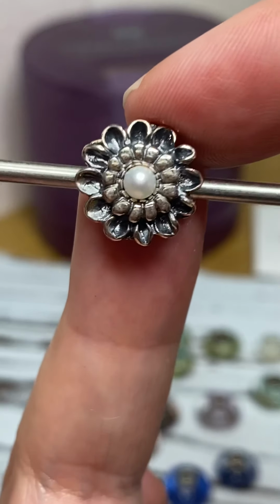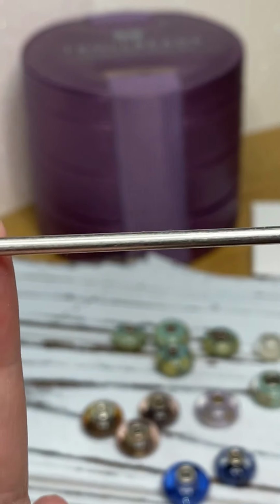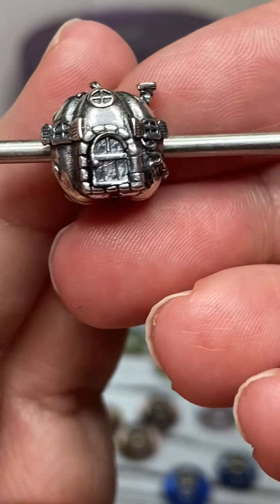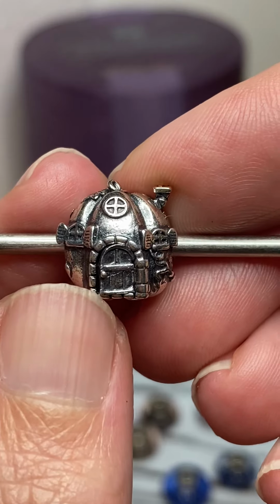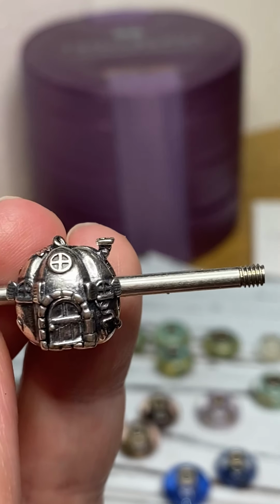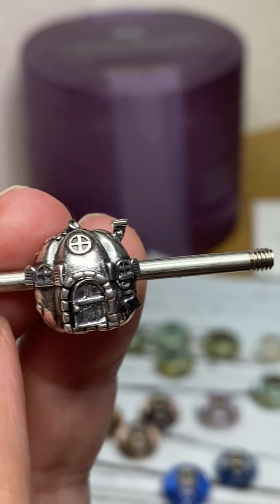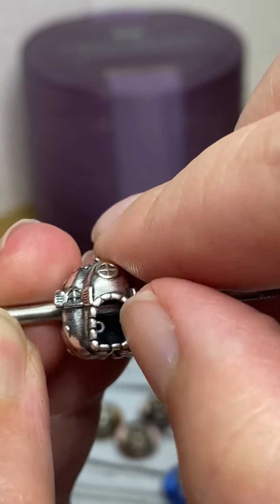So I am one bead away from completing my Flower of the Month series. And then this is not Trollbeads, but I figure this is the only charm from this particular brand that I own. I purchased this from the Palace of Amber. I actually found it on eBay from a seller. She only had a couple of charms in her store, and this happened to be one of them, and I love it. The little door opens and